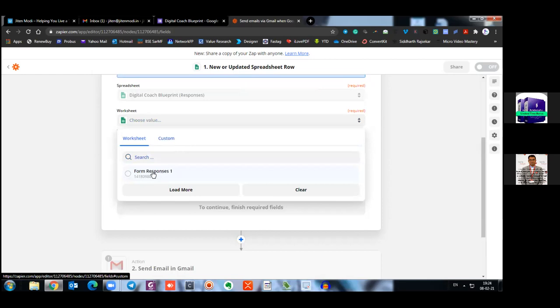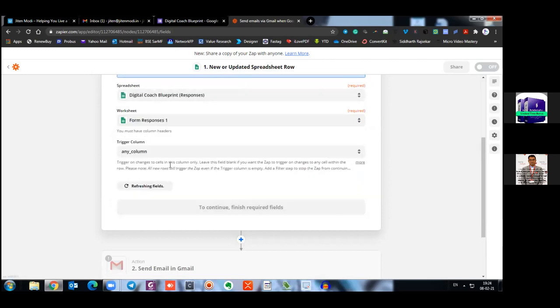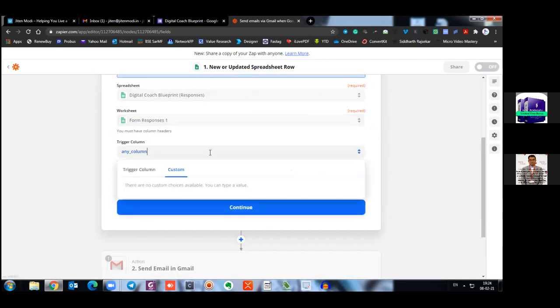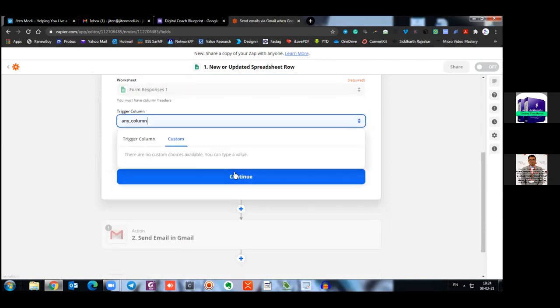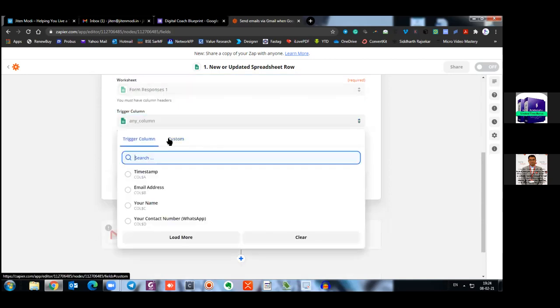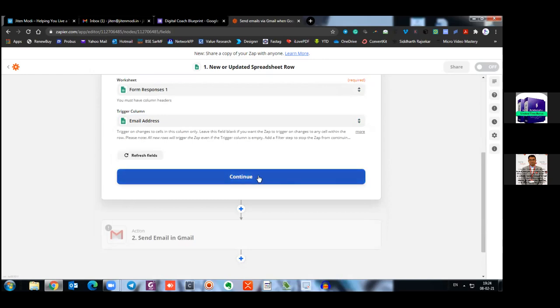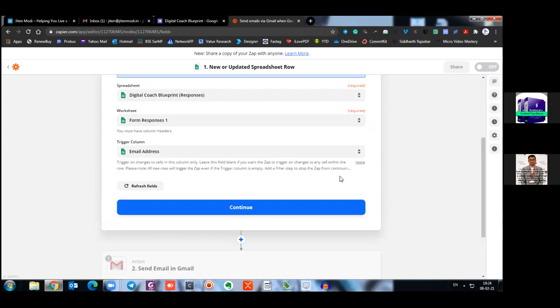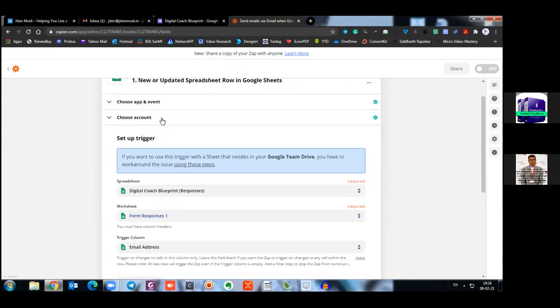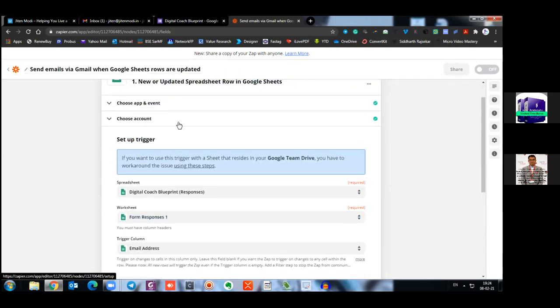Okay. Now here it will show values like your Gmail account or so. So trigger column, email ID. Email address. Yes, we need to collect this email ID from here, and that's it. So it will give you a continue option. So what we did here is we actually selected a Google Sheet.